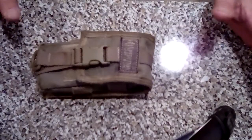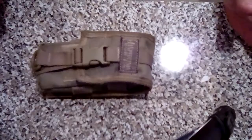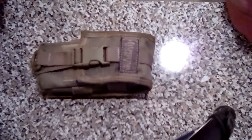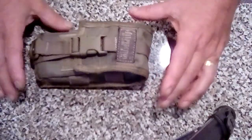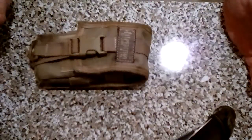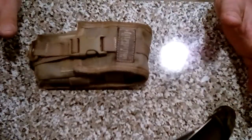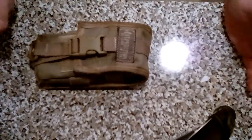But I'd prefer to also carry a tactical light and a Leatherman with me, a multi-tool. You can carry any kind of multi-tool you want, obviously. So what I was looking for was the smallest pouch that would house both a Leatherman and a tactical light. But here's the thing, my tactical light is a little bit longer than your standard tactical light that would take